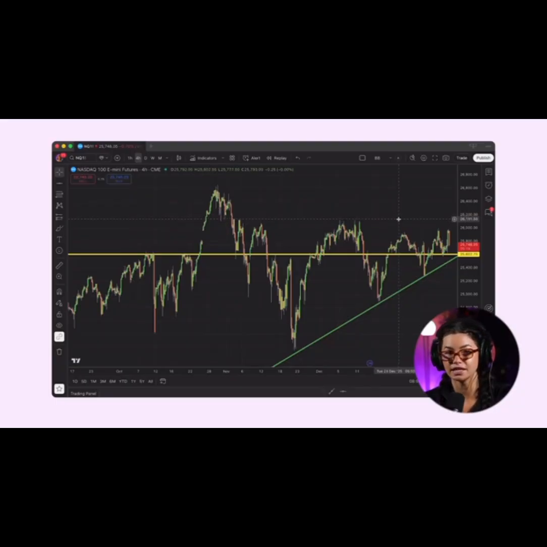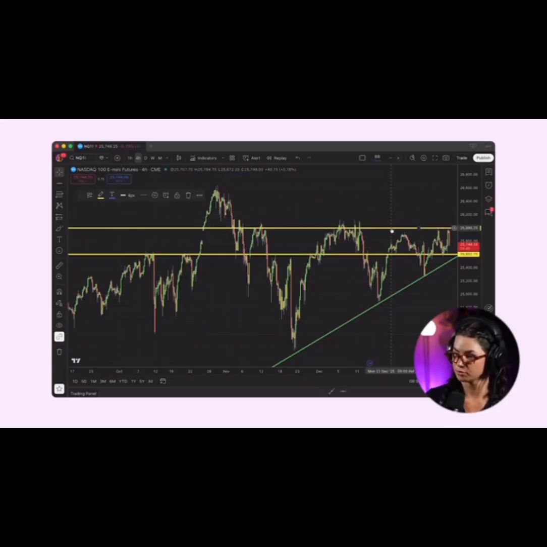Price might not even get anywhere near to that level within the next few days or even weeks. But for 4-hour traders, it's much more likely because we're in those higher time frames. Resistance, which I'm going to go ahead and draw now. I'm going to opt for the one as close to real-time price action as possible. So we've got this level here at